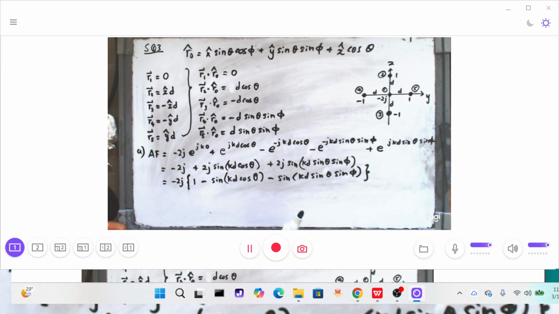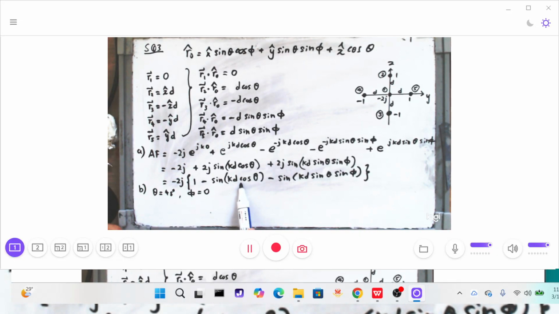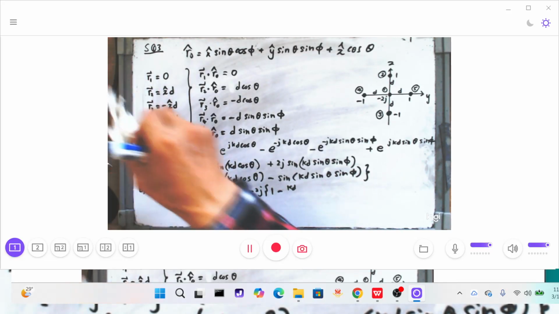Now I'm dealing with part B of the question. When theta is 45 degrees and phi here is 0. So the first term here has nothing to do with phi. I will just write down here AF becomes minus 2j, and then 1 minus this one here. Cosine 45 degrees is 1 over square root of 2. So I will write down here